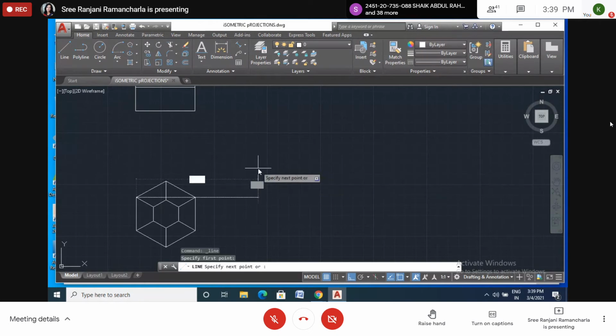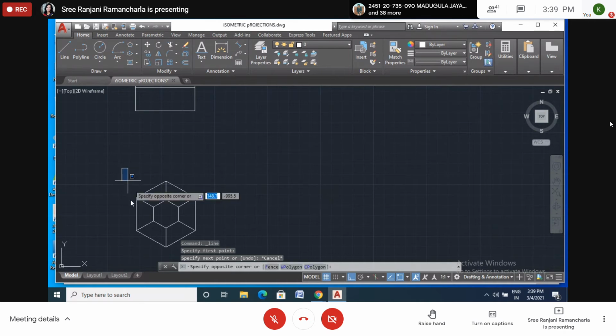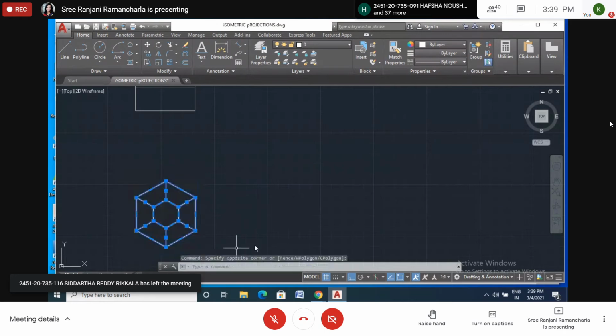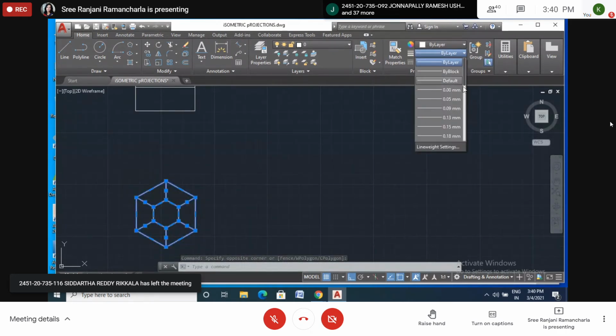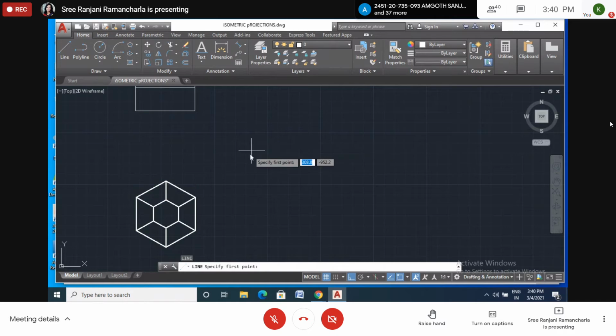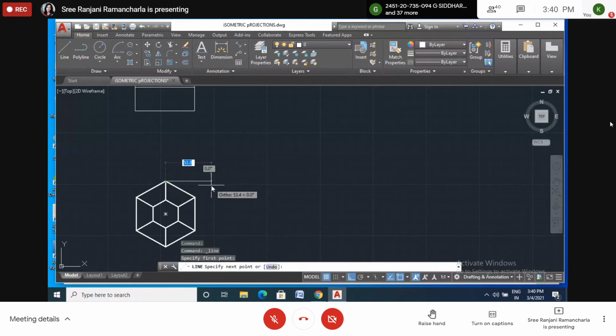So here I will highlight the actual drawing. I want to highlight the actual drawing. Copy. Select this one. And I want to highlight this one. Sorry. I want to highlight this one. Okay. Now around that I want to draw construction lines touching the centers.